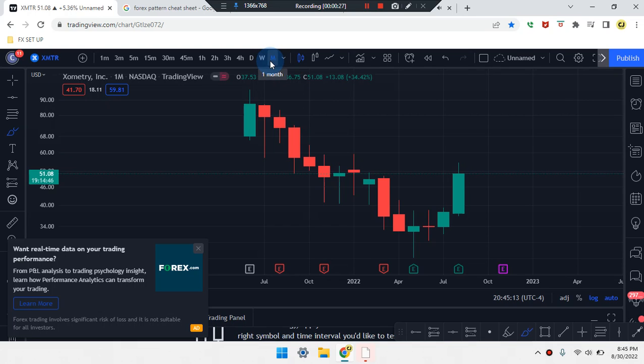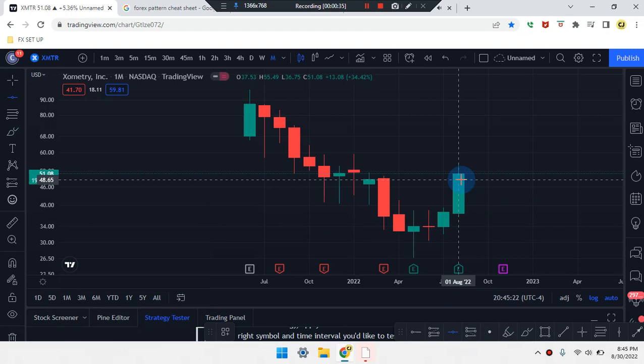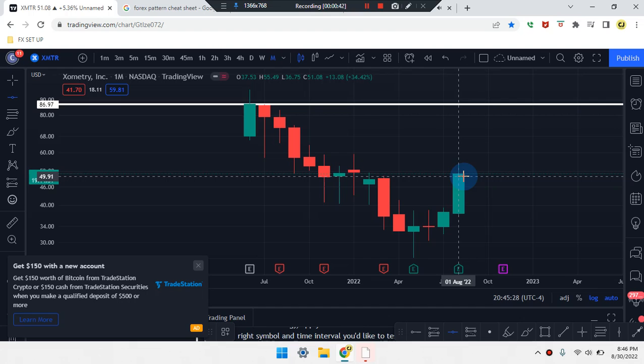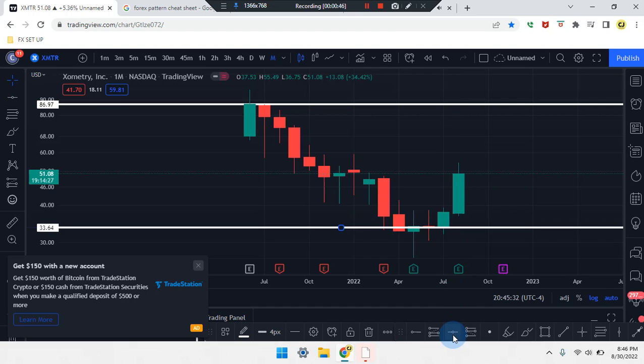We are on a monthly time frame. Price action is a huge bullish green candle coming from an area of support. So we do have price action overall, higher highs, price action overall, lower lows,